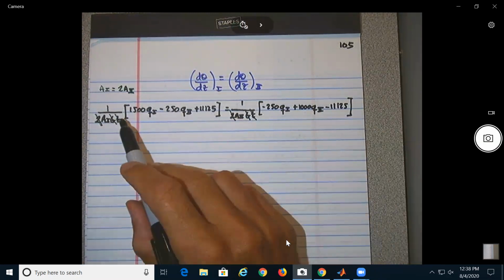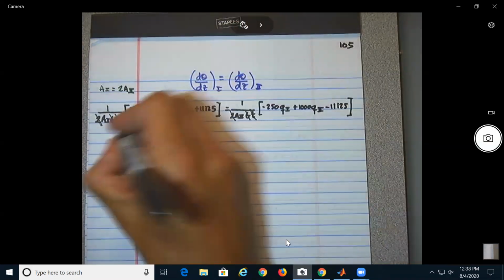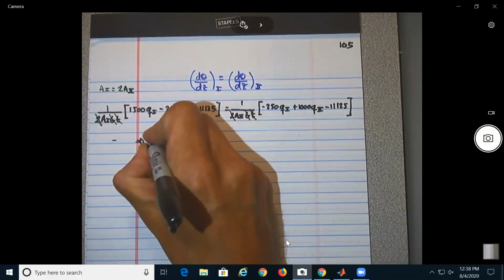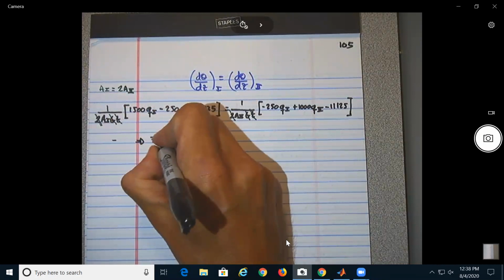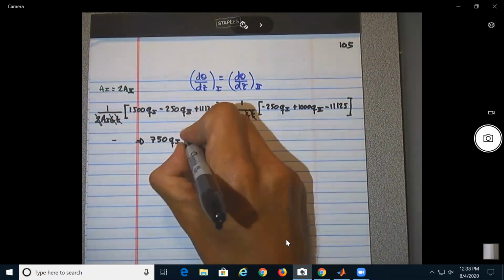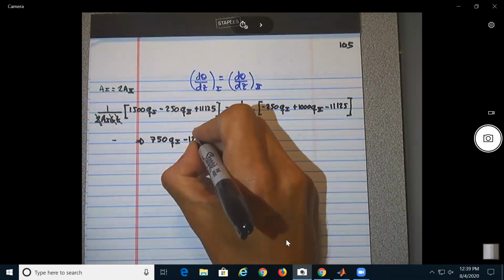This will give us half of this. So this will give us 750 Q1 minus 125